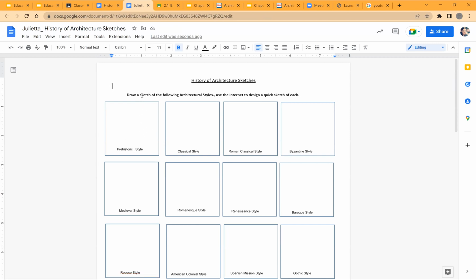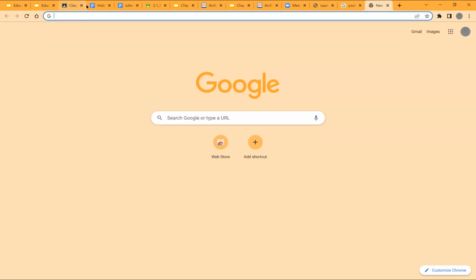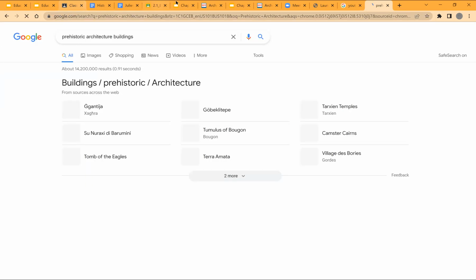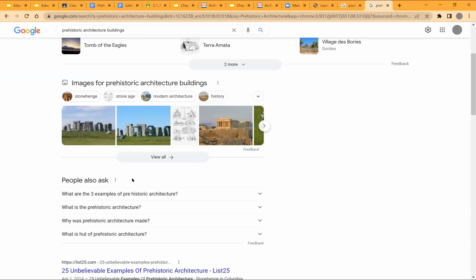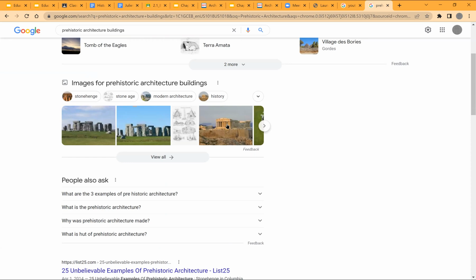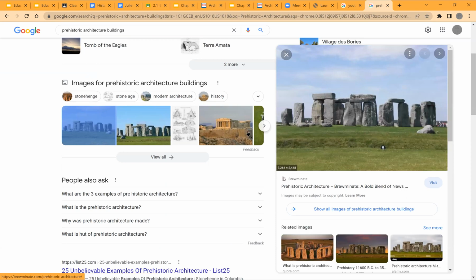document. So now I'm drawing the sketch, but I think it's just easier to go to the internet and look for, for example, prehistoric. So what you're going to do is browse the internet and put prehistoric architecture buildings. And you might have to go to Wikipedia. A lot of them, they're showing you, for example, look at this, images of prehistoric. They're showing you the classical. This is classical right here. This is not prehistoric. This is prehistoric. So you do have to do a little bit of research, the stone, because you don't want to get confused with a different style. So what I would do, remember I've taught you before, you're going to go to